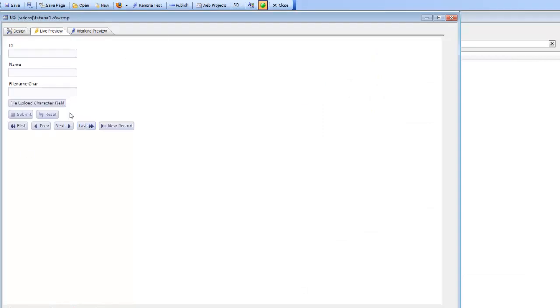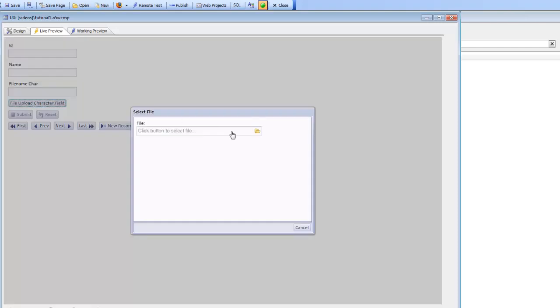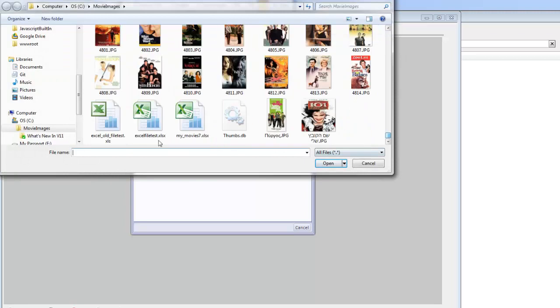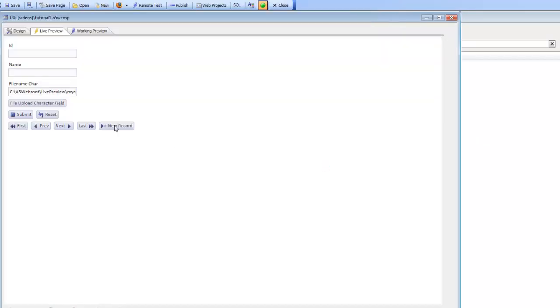So let's go ahead now and click the file upload button. So I'm going to go there and make my selection, and I'm going to go here and choose, say, that file there, My Movies 7. And now you can see that what got stored in this field here is the full file name on the server. And then if I go ahead now and hit the submit button,